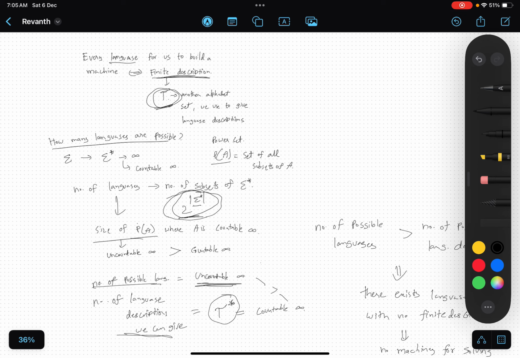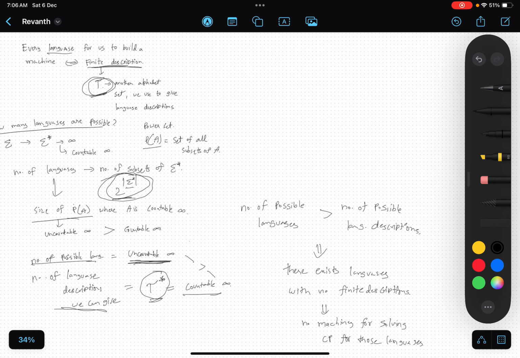A language description is also a finite, formal manipulation of symbols, as we said earlier. So all the strings that we can generate using a finite set of symbols make up the set tau star, which is countable infinite, strictly less than uncountable infinite. So from that we get that the number of possible languages is strictly greater than the number of language descriptions.